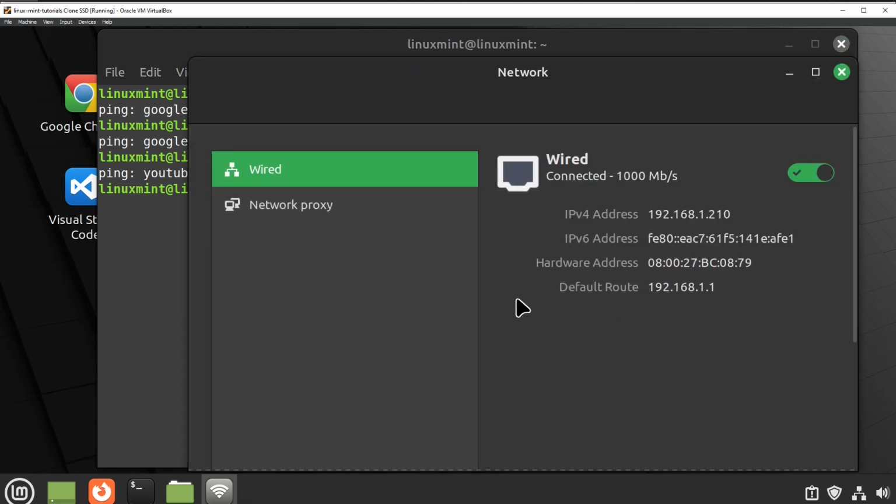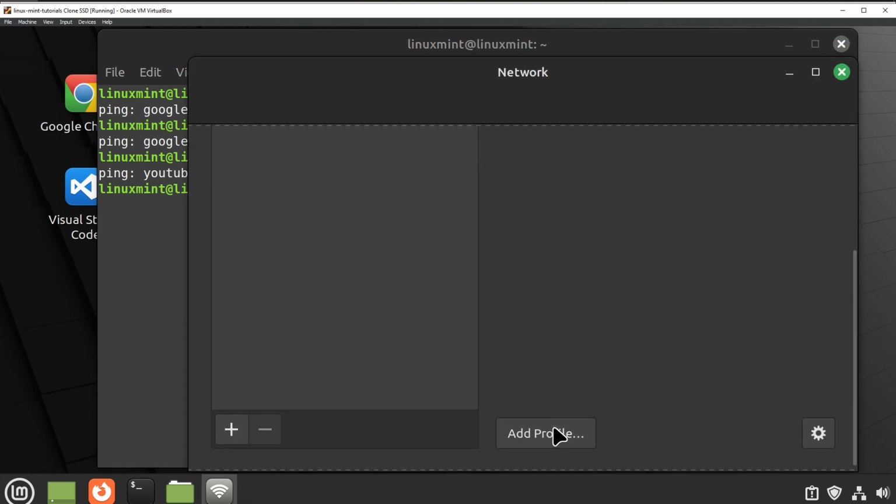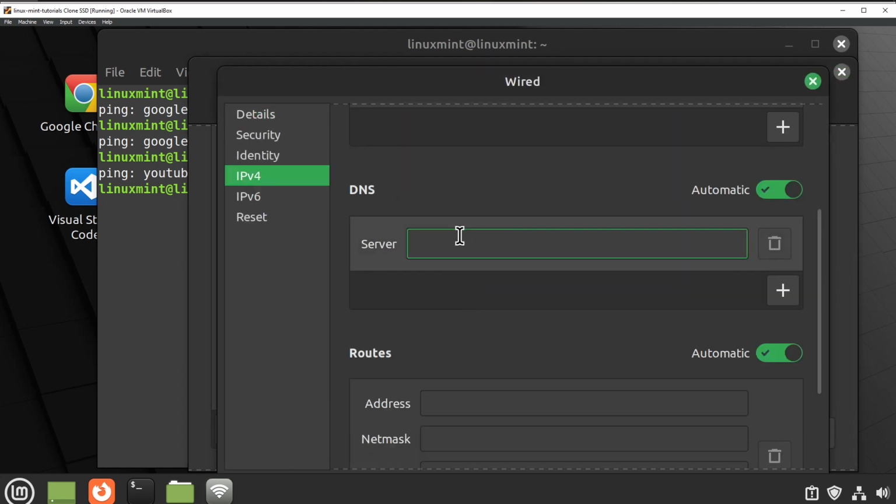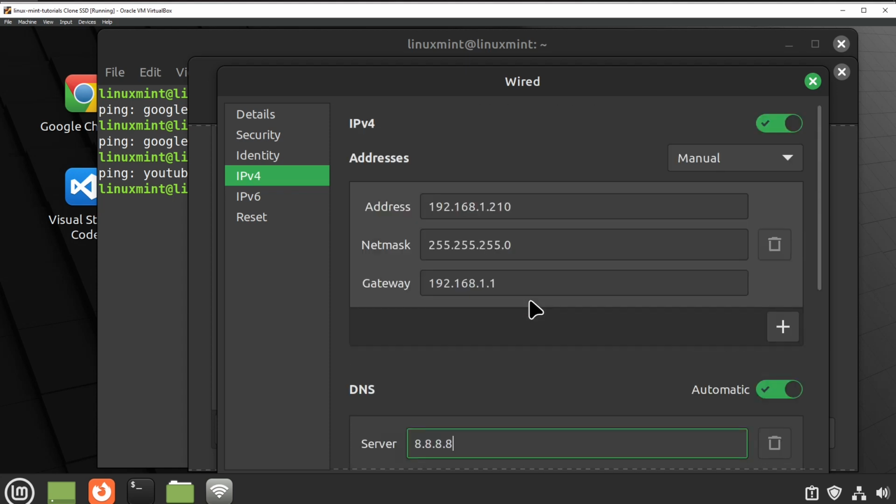Okay, not working. Now I will modify the profile and I'm going to set DNS from Google, because sometimes internet providers have problems with their DNS servers.